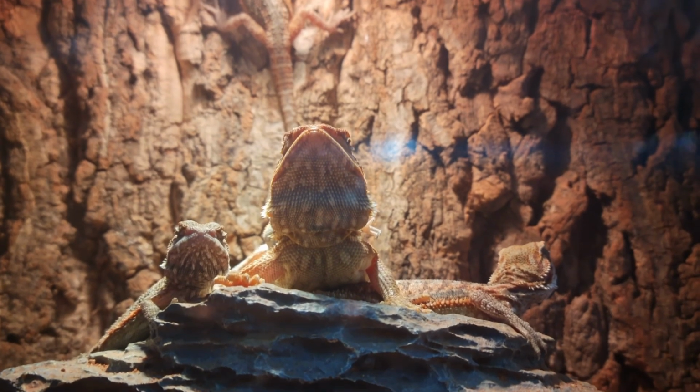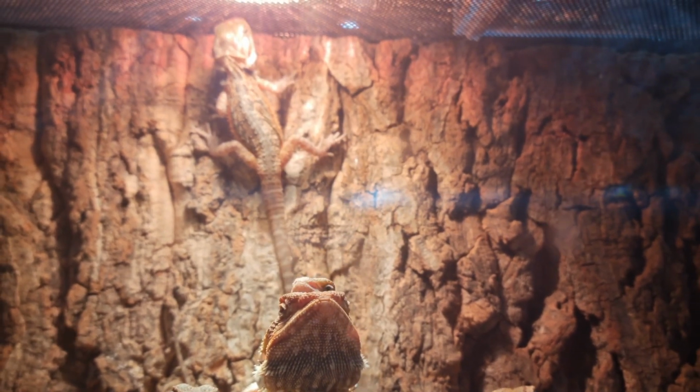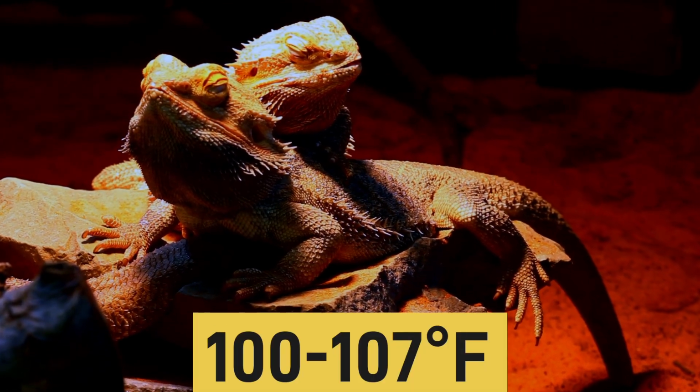They do require UVB, which is like a special type of lighting that mimics the sun. It gives them the vitamins that they need. They also need a basking area to get to the temperatures that they need it to be. The only reason it's number 7 on the list, in my opinion, is because of the caging requirements. They do need big enclosures to be able to burrow and also climb up on rocks and everything. So if you can provide them with that, by all means, I think they're one of the best reptiles to